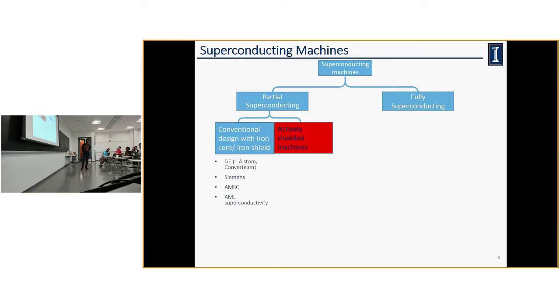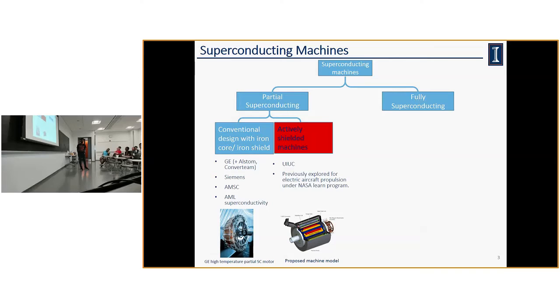In the conventional design, partially superconducting is already explored very well, tested and built. For example, GE built one of these machines for wind. And these active shield machines have just been studied at UIUC, proposed by our university, and we have only the design; we never built or tested this one. For the fully superconducting, nobody